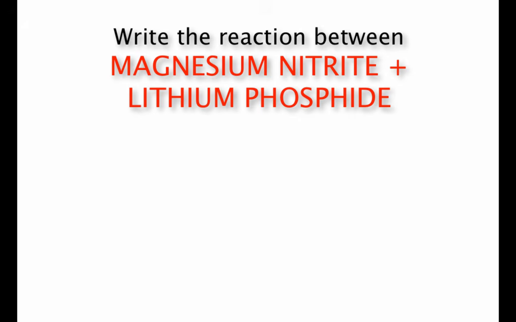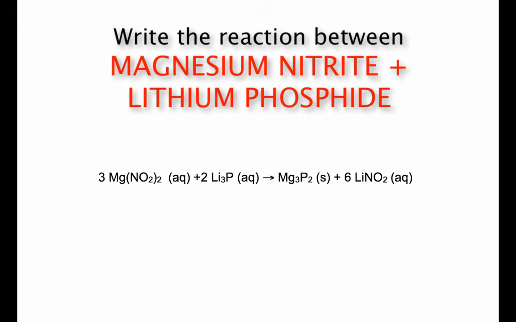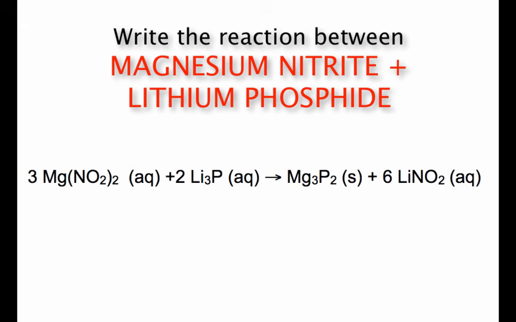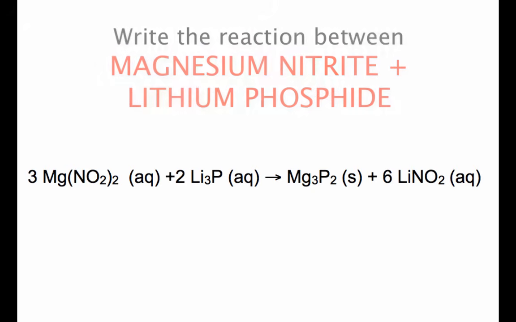I hope your reaction looks something like this, where I have 3 magnesium nitrite, aqueous phase, plus 2 lithium phosphide in the aqueous phase, goes to 1 magnesium phosphide, which is a solid, and 6 lithium nitrite in the aqueous